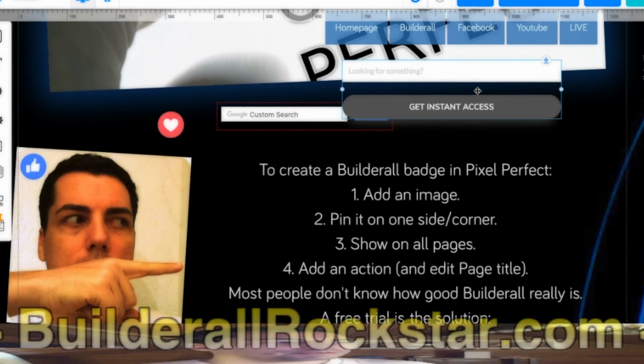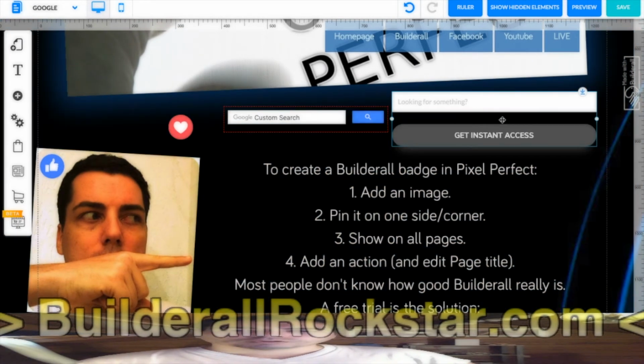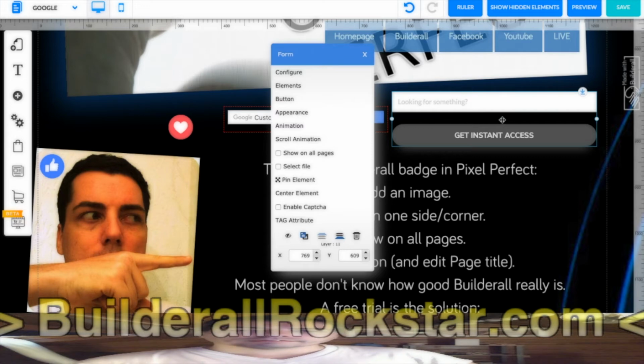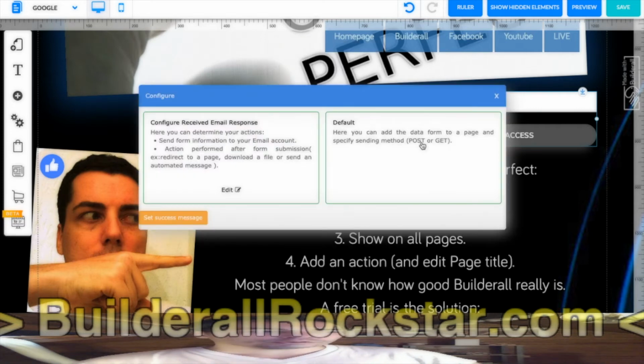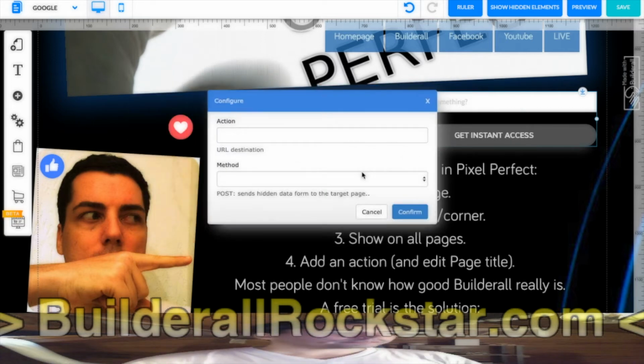And this box now also needs to know where to send this information. So in configure on the right, default, and it will ask you where to send it. So edit the action.